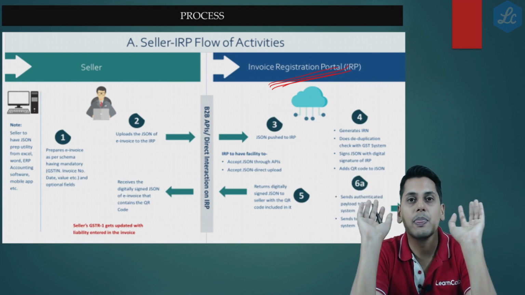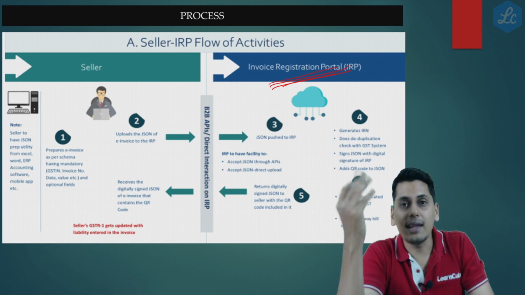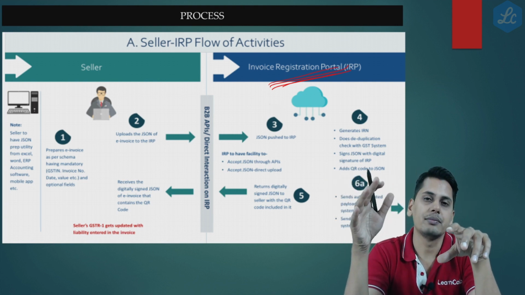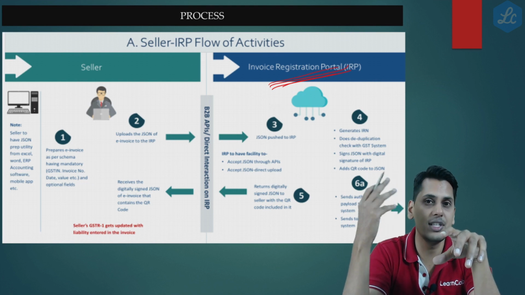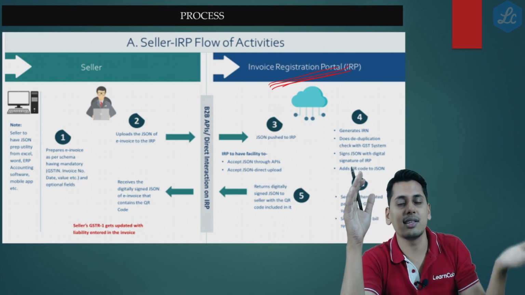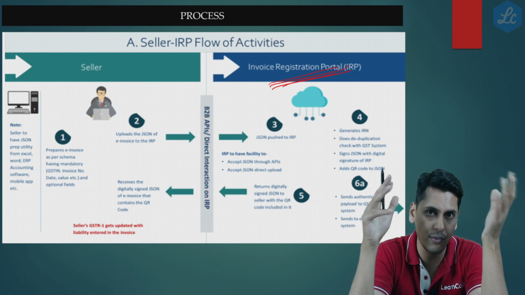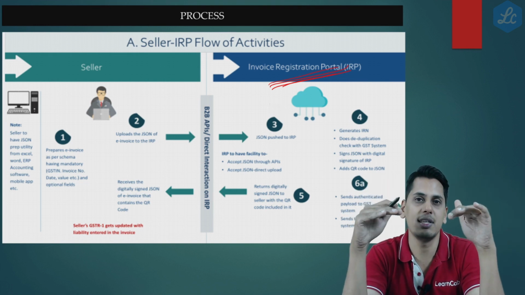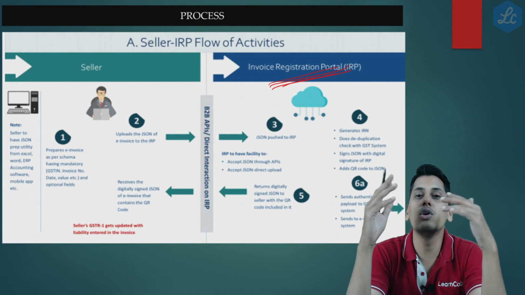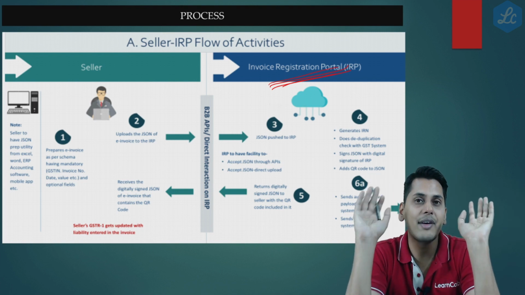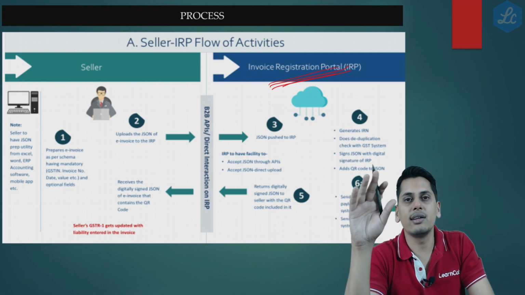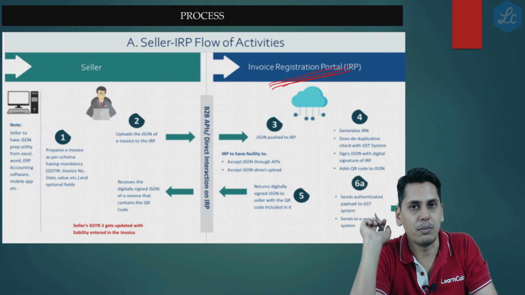So now friends, again at the automation end, this invoice registration portal would automate the details in GSTR1, because the same invoice is going to be uploaded in GSTR1 as well. So wherever an e-invoice is being raised, the details would automatically come in GSTR1. Also these details would go to the e-way bill portal wherein the e-way bill could be generated easily, and also these details would go and sit in the GSTR 2A of the recipient.